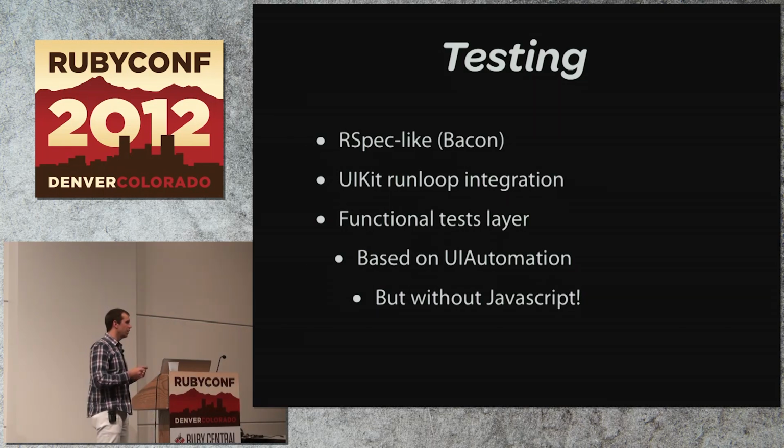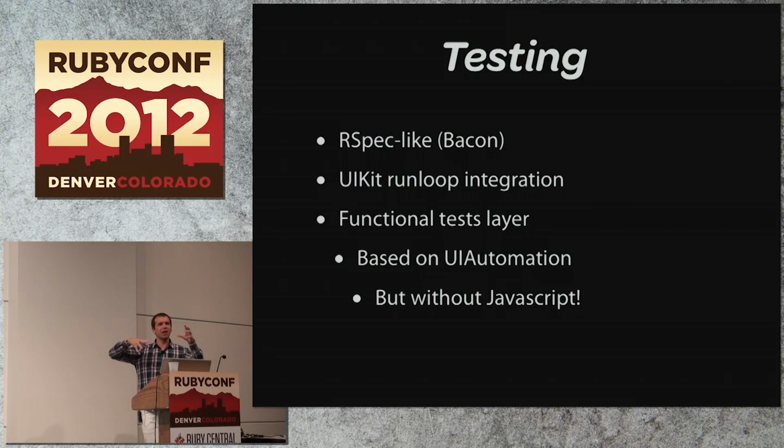There's a technology within iOS called UI Automation, which lets you drive your iOS applications. And so this is kind of like functional testing of a website where you're actually driving the website with functional tests. What UI Automation does is actually let you do things like just send gestures to the device and taps and pinch zoom and enter data and things like that. In other words, you can do full functional testing.